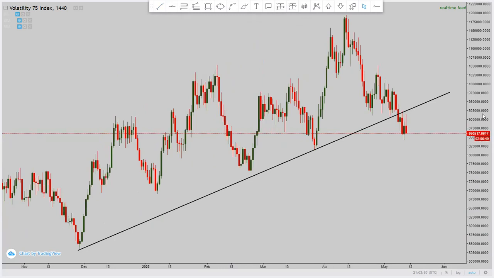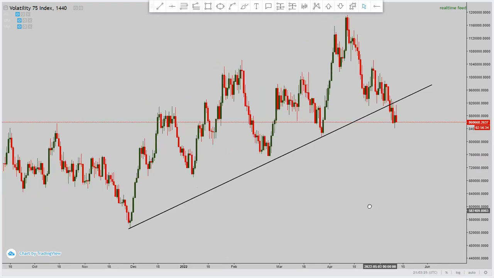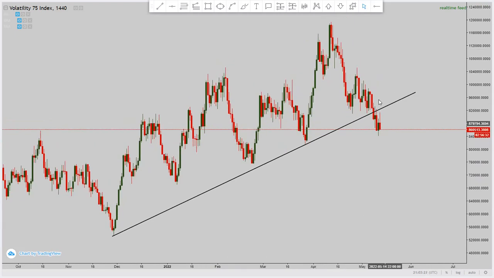So basically, when you are in a downtrend now, you now need to know that I'm going to focus more on selling opportunities than buying opportunities, because the market will be more volatile on the selling side than on the buying side. So if you check, even after it broke that trend line, it also broke this level of support